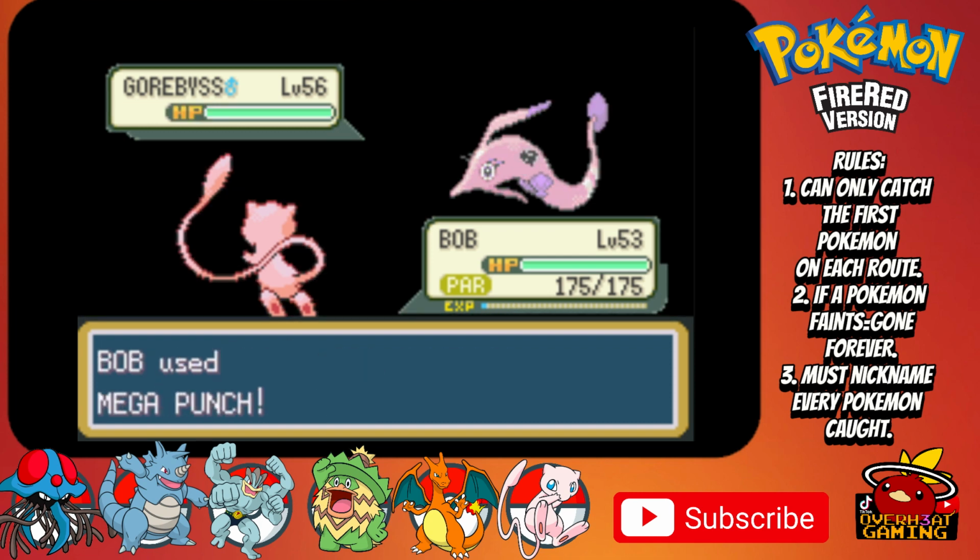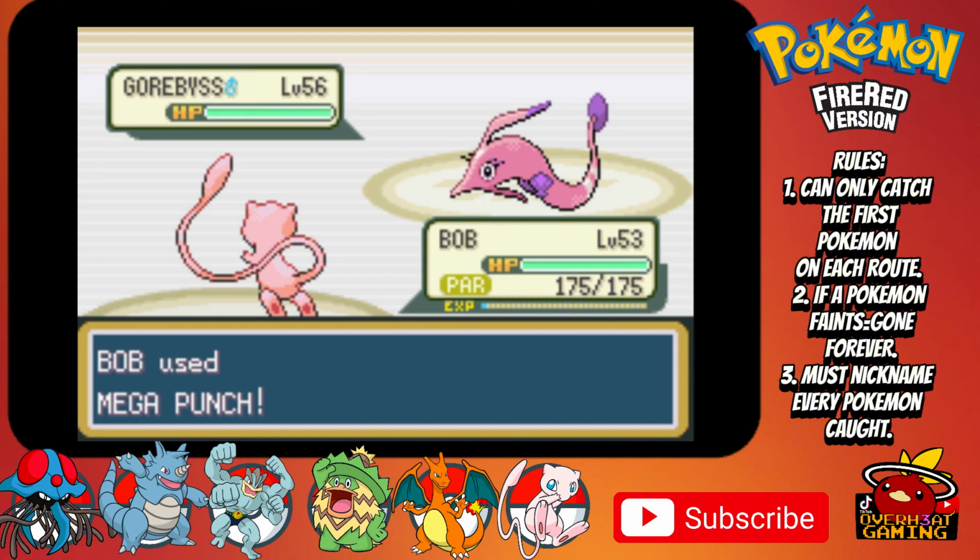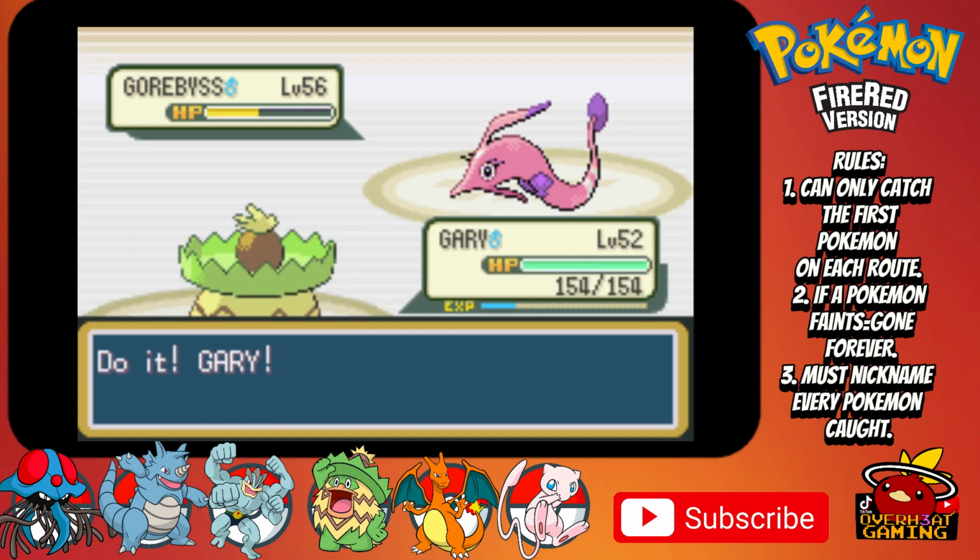I use Mega Punch, but it does little damage. I'm starting to think that this is the most powerful Gorobus of all time. It goes for a Hydro Pump and puts Bob below half health. I send in Gary, who I thought would finish it off with Giga Drain, but of course it survives with